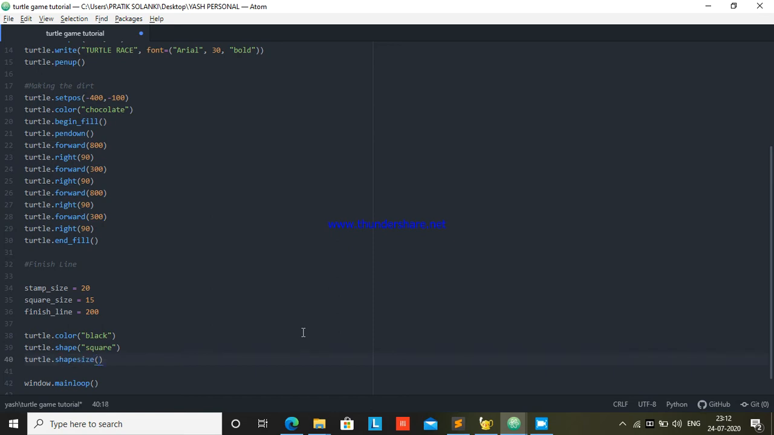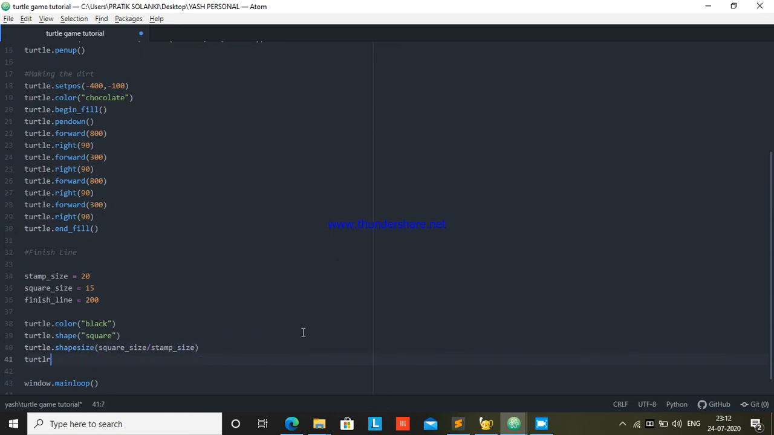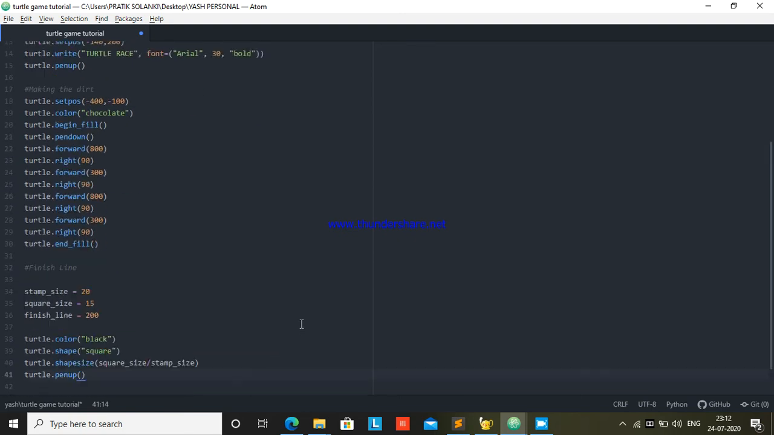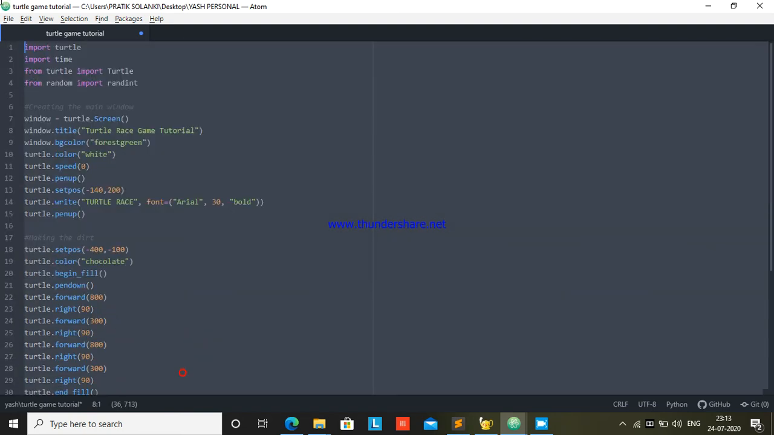Size, and now this is gonna be a little complicated. So you're gonna be making the square size, and you're gonna be dividing it by the stamp size. And the last thing but important, penup, like think now actually